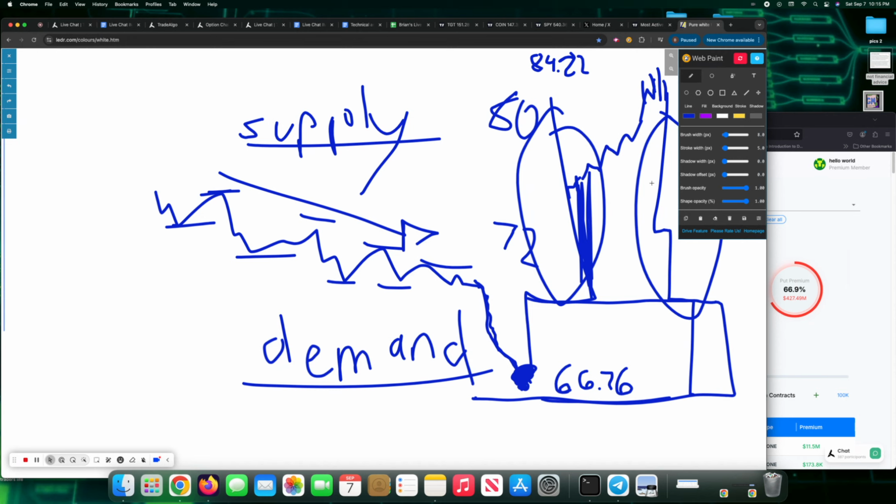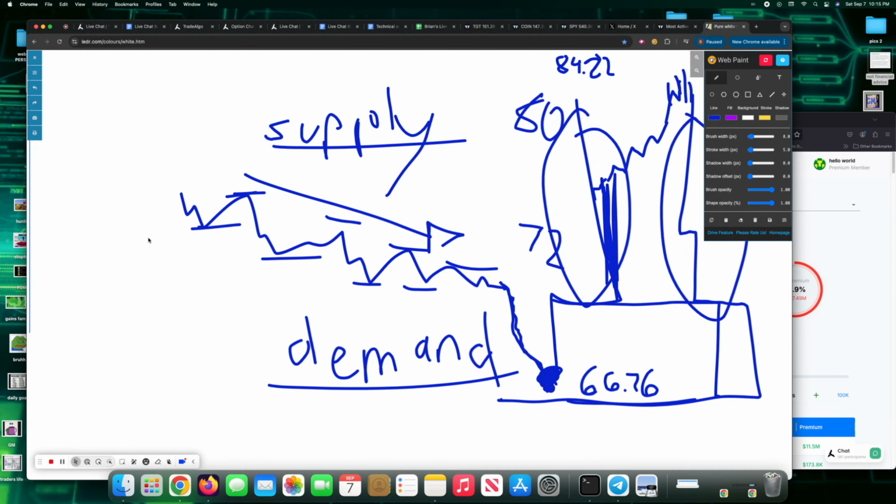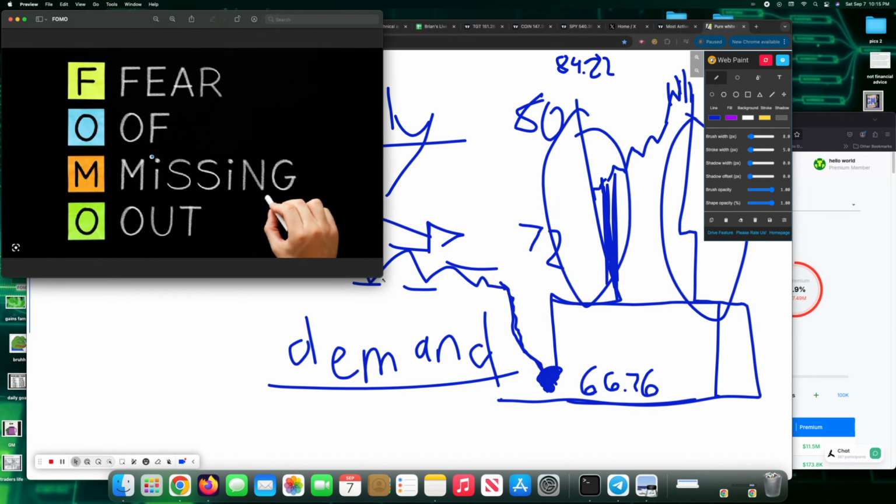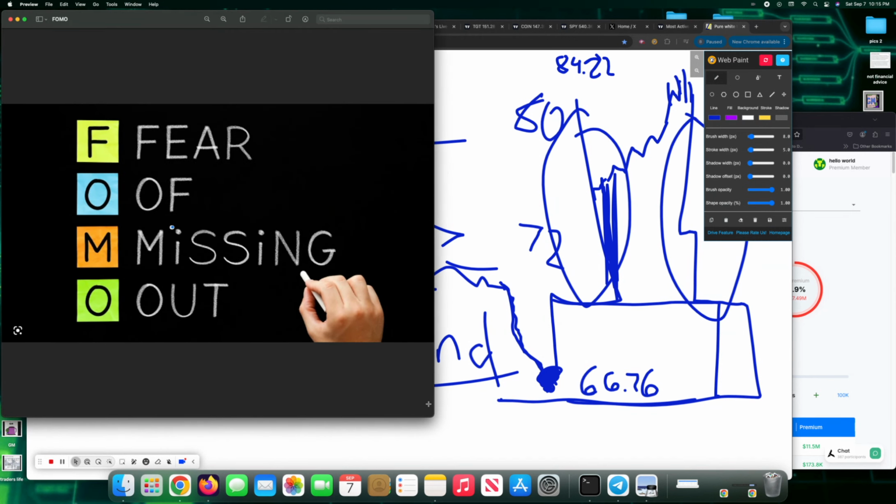It happens almost so quick that you end up thinking, I need to get in. And that's how retail investors FOMO into positions. FOMO stands for the fear of missing out. That's usually how people lose a lot of money. But those quick moves up create demand zones. Those quick moves down create supply zones. All right, guys? So now that we understand how they're created,